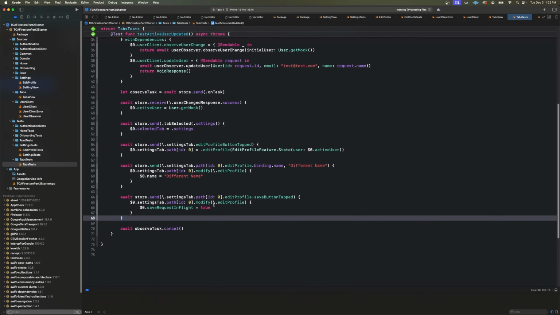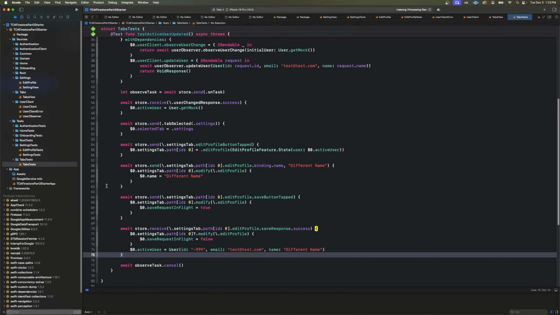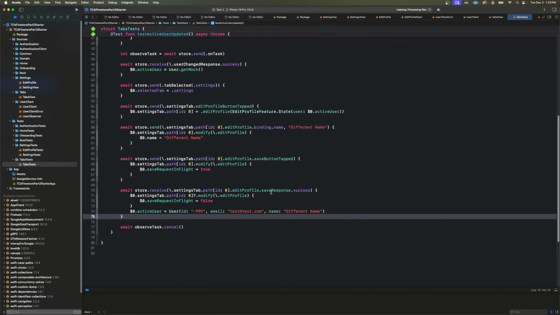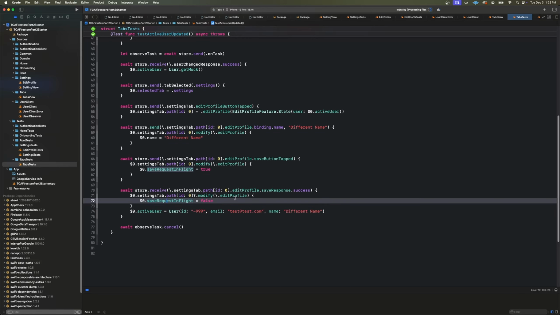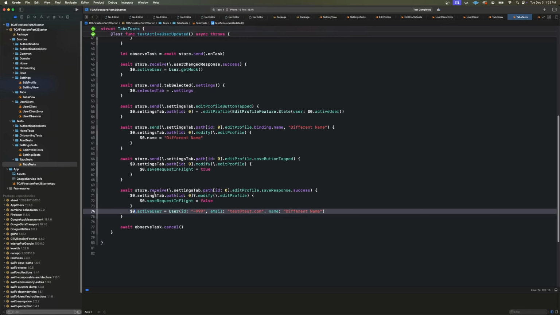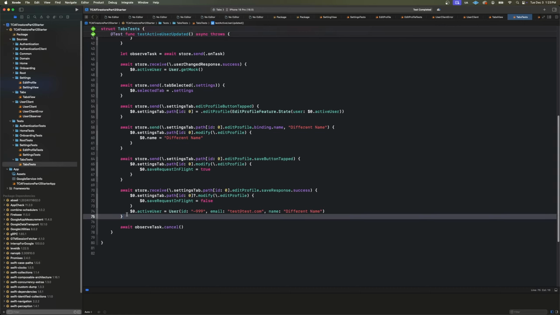And this will trigger a couple things. So we'll get the save request in flight. It's going to set to true, and then we're also going to receive some events. So inside of the edit profile, we're going to receive that success, and the saved request in flight will be set. But now we're also going to be testing that active user, and this $0 is tabs at this point. So what we're checking here is that the active user is actually going to get set to this different name, and this is the test that we want. We want to verify that that shared user is going to get updated, and so we can actually then receive the success,